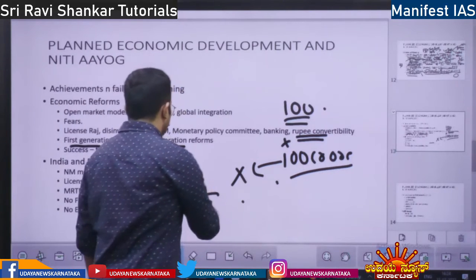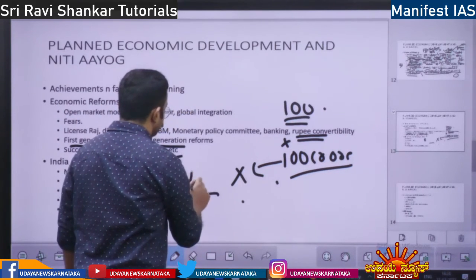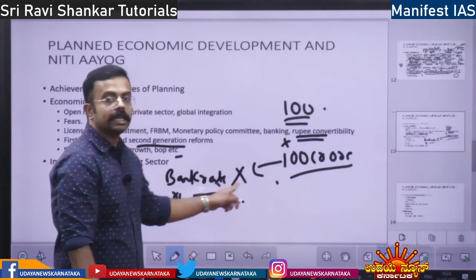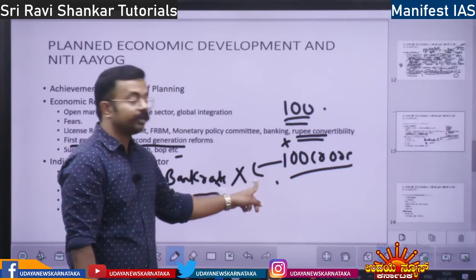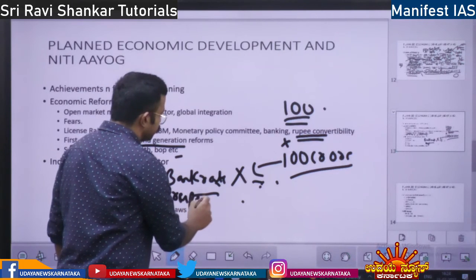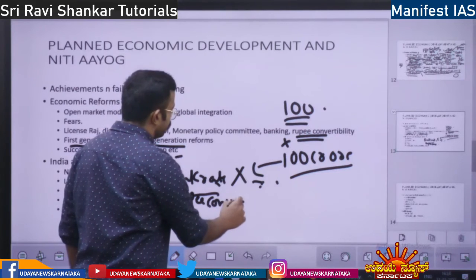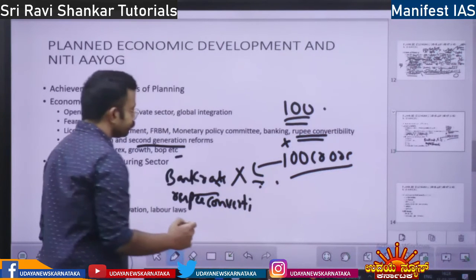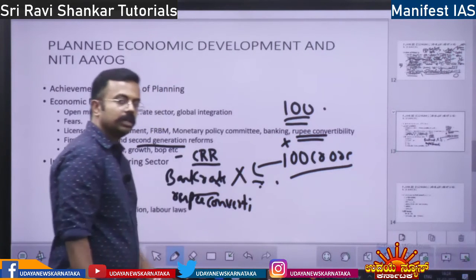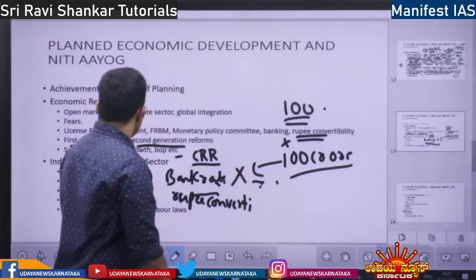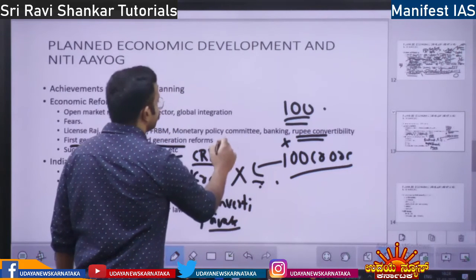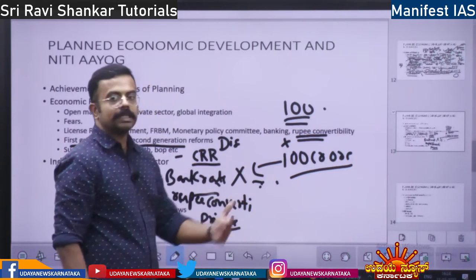It means the bank rate, reducing the bank rate, that is the interest rate, how much interest the bank is giving to the public. Allowing rupee convertibility, and also reducing the cash reserve ratio. I'll discuss what the cash reserve ratio is. Reducing the cash reserve ratio and opening up the private sector, removing restrictions. Disinvestment. Disinvestment means